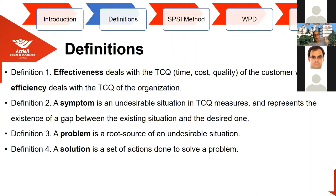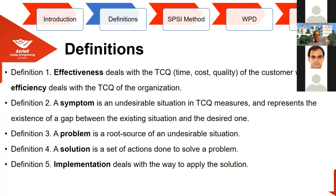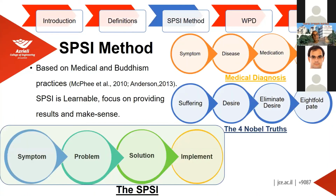Definition number 3: a problem is a root source of an undesired situation. And definition number 4: a solution is a set of actions done to solve a problem. And the final definition is that implementation deals with the way we apply the solution. Now we can see our method, the SPSI method, which is very simple, and is based on a medical